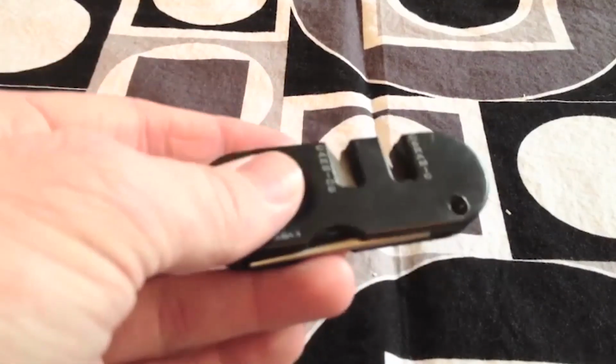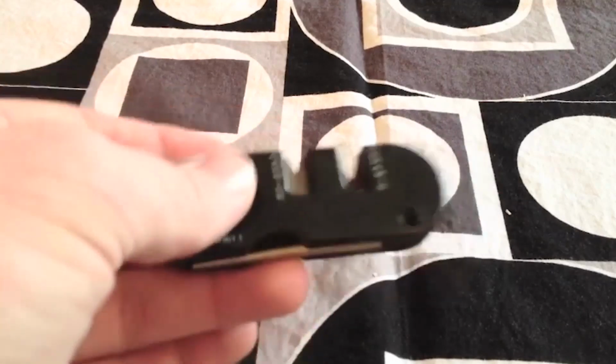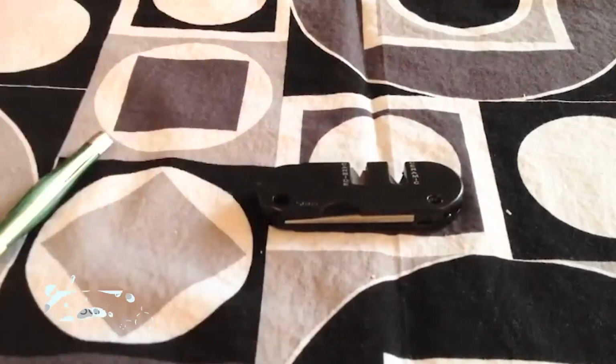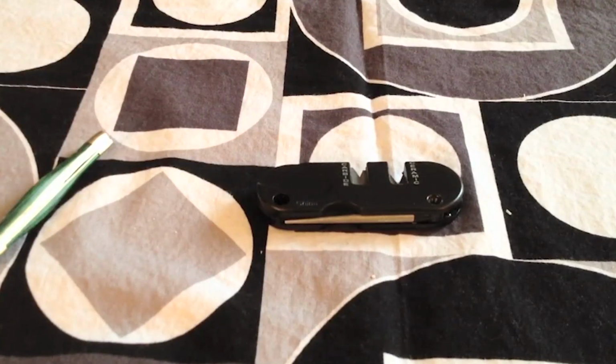But if you're looking for something small and cheap to throw in a kit that you don't mind possibly causing some damage to the blades of your knives, the Smith's Pocket Pal is definitely something to look into. It's higher quality than some other pull-through sharpeners that I've seen, and it has that diamond rod on it, which I think is definitely